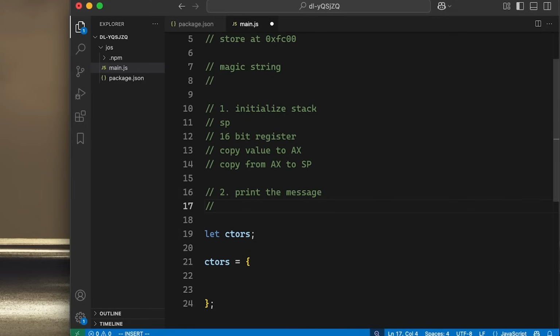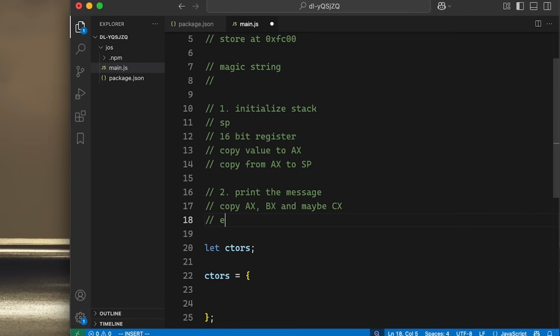So we need to copy stuff into the AX, BX, and possibly CX register. And when we have the right values in the right registers, we're gonna